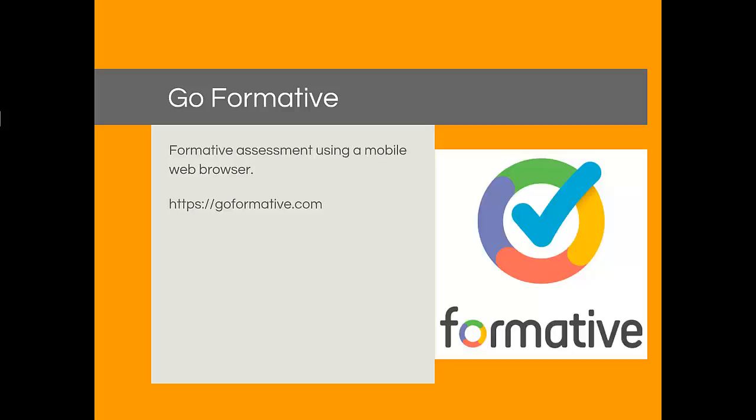Things like students are able to label a picture to show their work. They can actually work out the math problem in a drawing format, so they write on it just like they would write on paper, and you can see all of their work, rather than just having the multiple choice answer where they select the correct answer. You can use videos and embed those videos. Lots of great things that you can do with GoFormative.